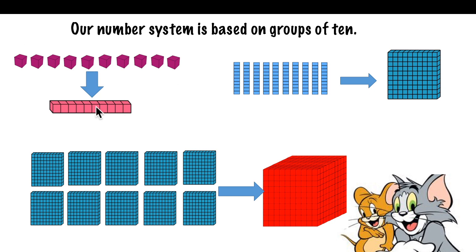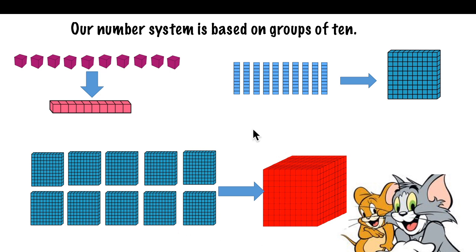Now when you take 10 tens, 10 groups of tens, the 10 groups of tens will make 100. This is 100. What is this block? 100. Now when you take 10 100s, the 10 100s will make